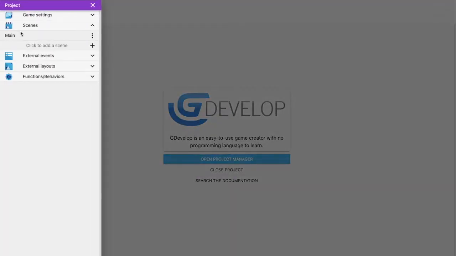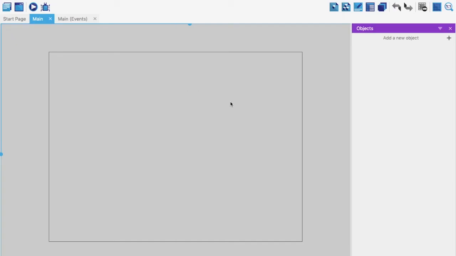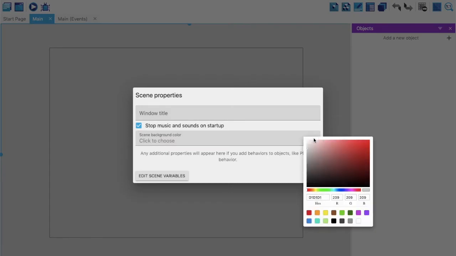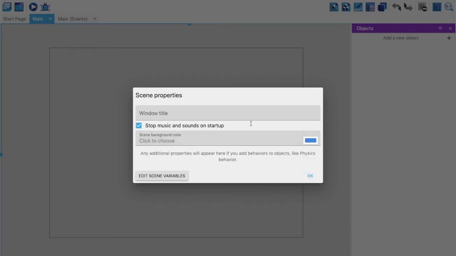Now let's go and start putting things over here. The very first thing that I'm going to do is change the scene color. Let's make it a simple blue color like this. As I told you, blue is my favorite color, so most of the times you will see I will end up keeping everything in blue color.